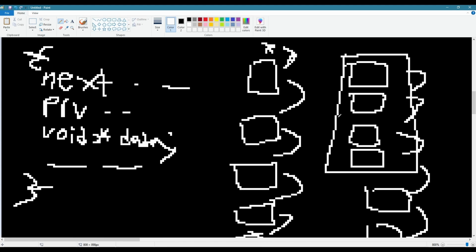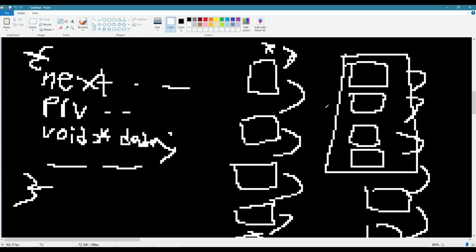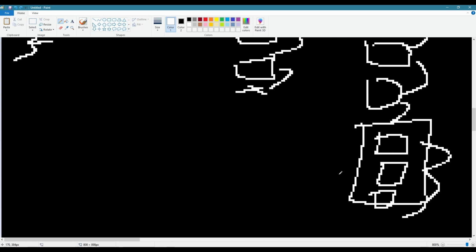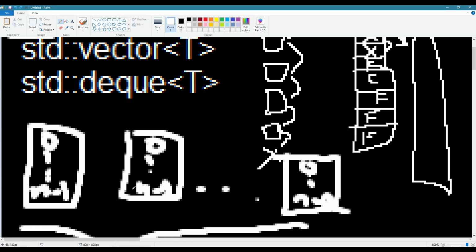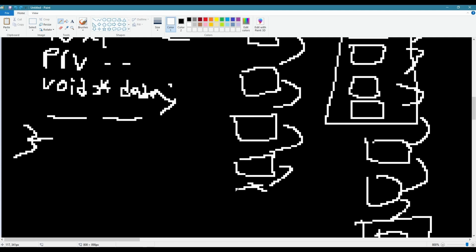So basically in this case, I had a flag saying that this list node is actually in use or not. So that was pretty nice. I could reuse nodes inside of this block, which is kind of cumbersome, but not that big of a deal. But really this idea of a vector of vectors I think is a lot better than what I had done there. Not by a huge margin, but